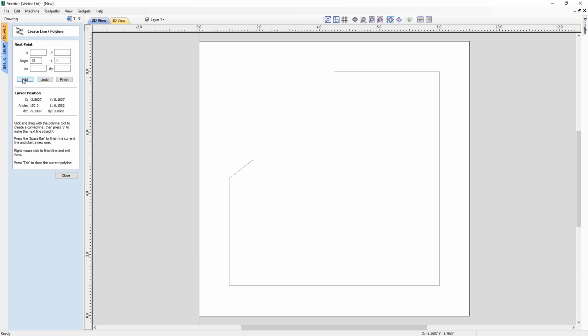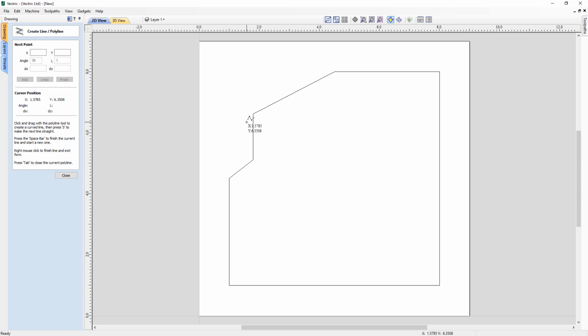And then I want one more line of 1.5 in length in Y. And as you can see here, 1.5 on the screen next to my cursor. And then finally, to complete this, I need to close the line. I could go and click on the end point there, and that would close the line for me. Or another option is just press the Tab key on your keyboard, and that will close the line for you,